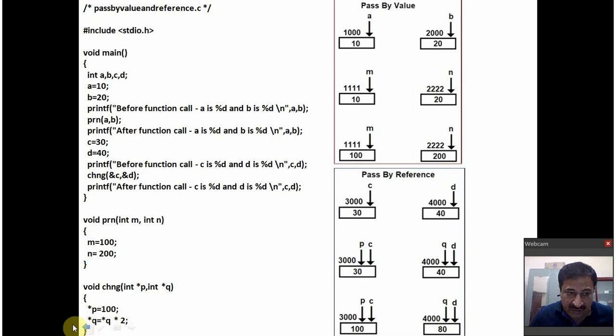Here the function is over. You go back to the main function. Here to this line. After function call, you get the C as 100 and the value of D as 80. Because when you pass by reference, whatever the changes are done in the function are applied to the actual arguments, okay? So when the control comes back to the main function, that impact of the function can be seen in the main function also. Let's run this program.